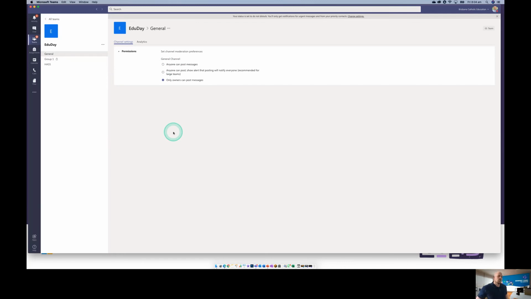So what that's essentially done now is it's just a messaging board for myself to let students know things. They can't put their own messages up here, and they can't reply to my messages. So it is pretty locked down, but we are going to look at our other options here. In the general channel, I just like that to be where my posts go for students to know.